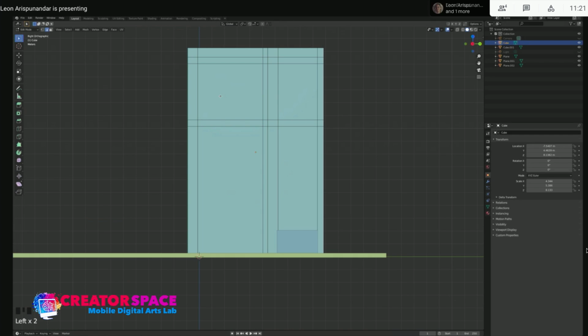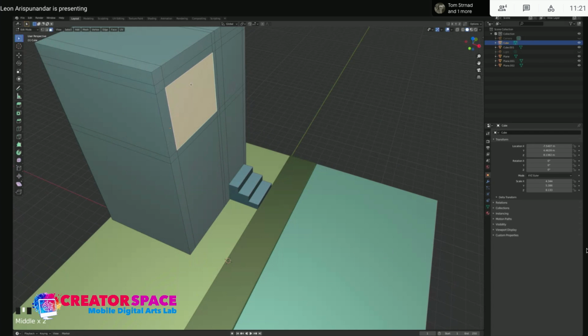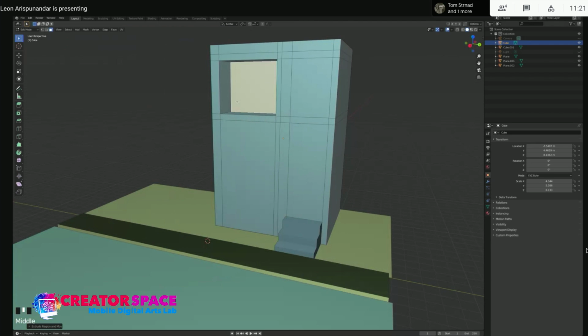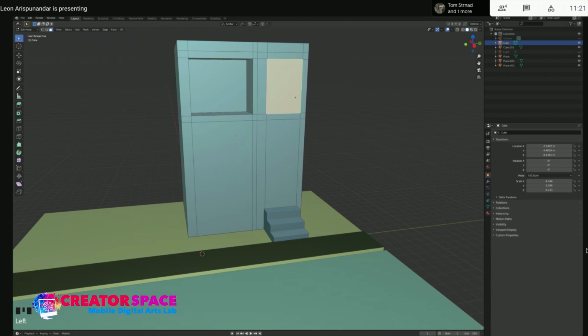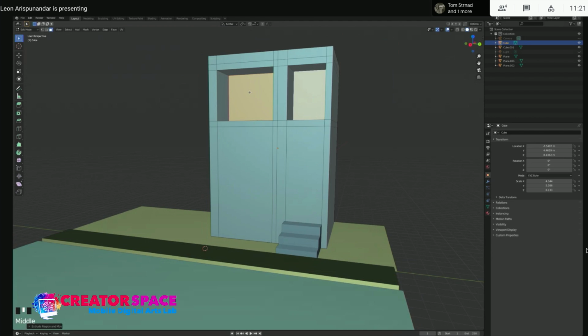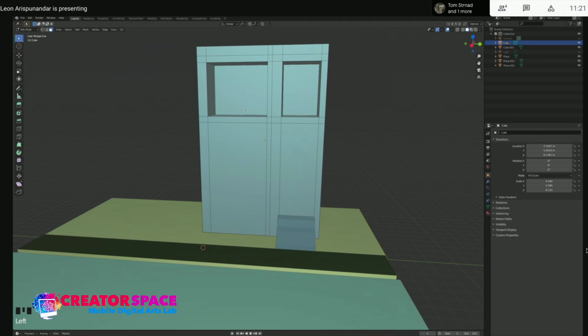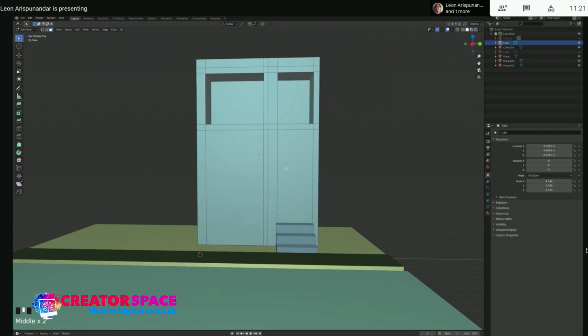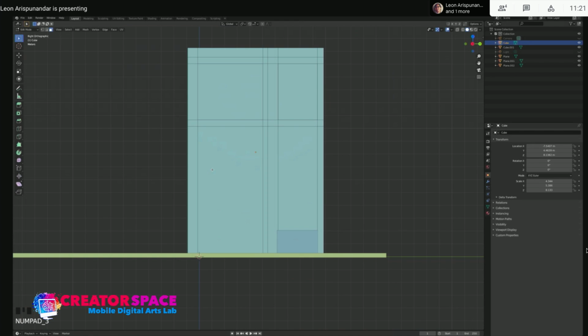Now, once we have the proper design for the window, what we want to do is go to face option, and then extrude it back. As you can see, extrude that. Same thing here. Actually, let's just do both of them at the same time. Extrude back. And you have that. So that's going to be our window frame here. And then we're going to